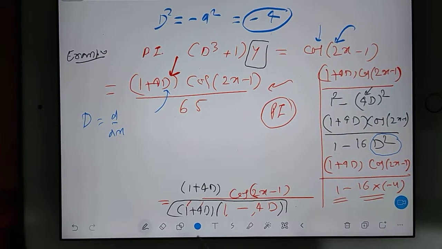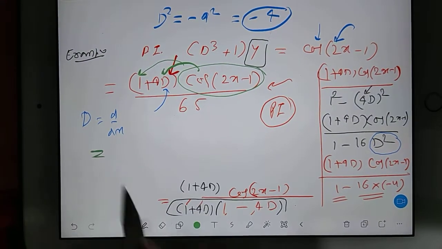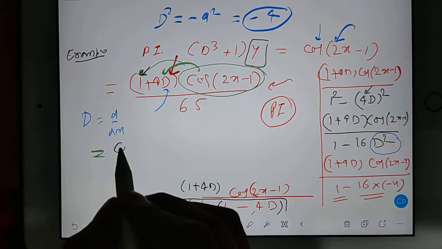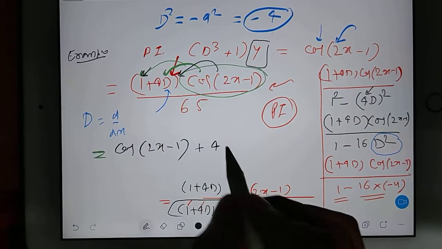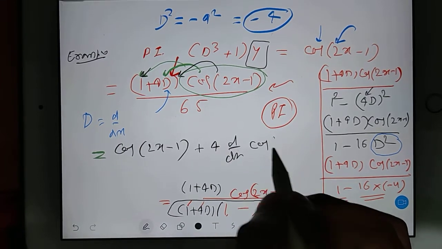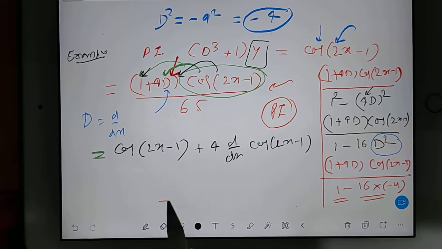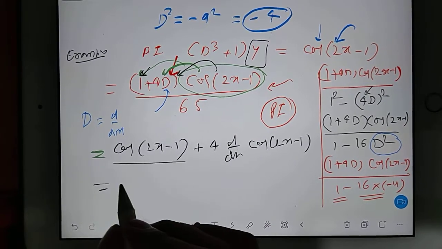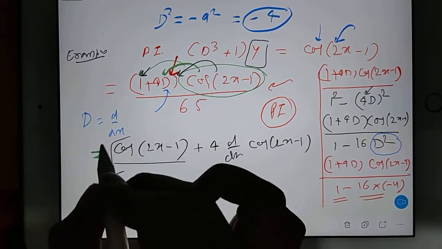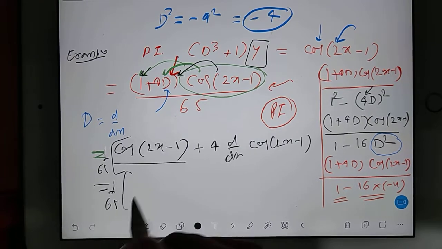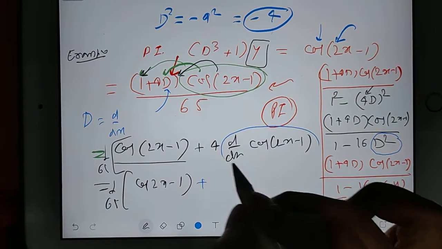d by dx. Okay. So simply you multiply this entire thing here also and here also. So when you multiply with 1, you will get cos 2x minus 1. But when you multiply with 4d, it will be 4d by dx of cos 2x minus 1. Very simple. And just you got the idea now. What is the idea? This will be as it is. 1 by 65 I am missing, that will be here, of course. So you put 1 by 65 here, so 1 by 65 in the bracket. Cos 2x minus 1 is as it is. Don't disturb that part. Only this part you differentiate.